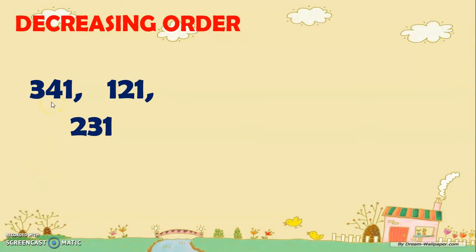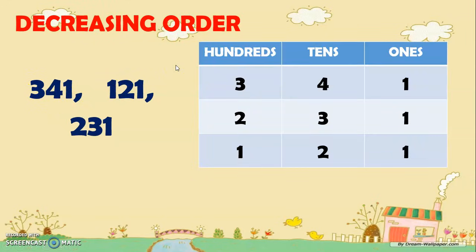Now, remember, my dear grade 2, that when we are arranging numbers in decreasing order, we have to look for the biggest number first. And for that, we can use our place value chart. As you can see, we can use the place value chart to arrange the numbers and compare them. So now, let's look at the hundreds. As you can see, they are arranged this way. So 3 is here, followed by 2, and then of course by 1.